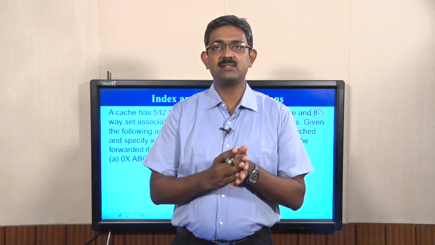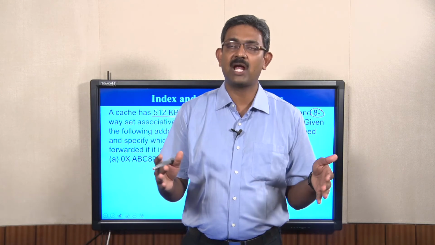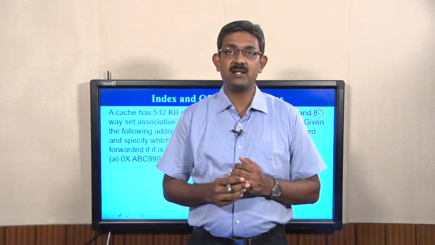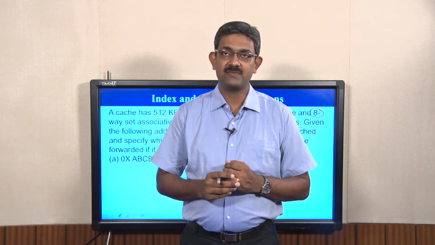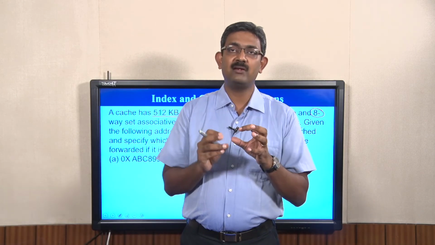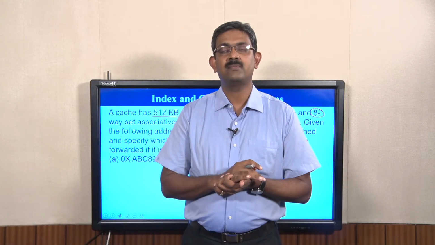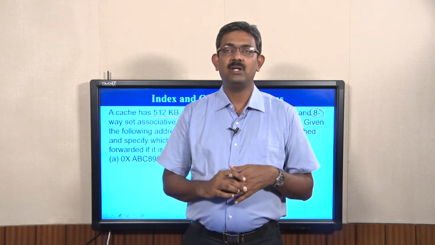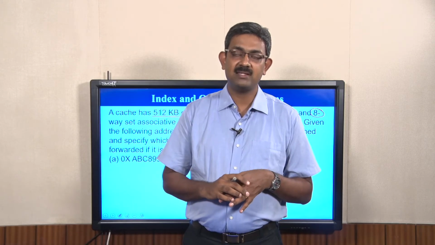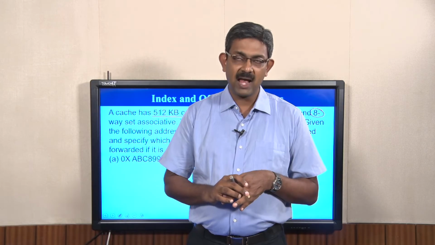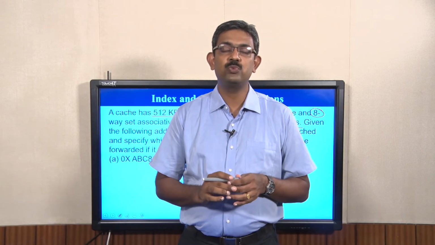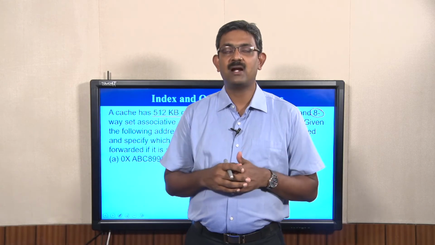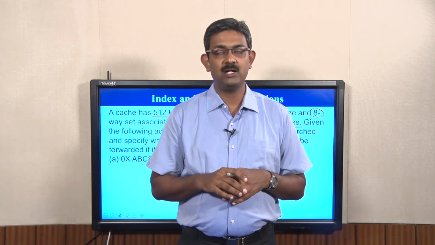So, first we have to understand the split up of the physical address. Any given cache memory question with a specification like this, we have to find out the split up of the address into tag, index and offset, and it is the index bits that will tell you which set the search is in. Once you know the index number, in that particular set the tag matching has to happen, and if there is a match, then the offset will tell you which word is to be transferred. It will be more clear once we understand this example in its detailed working.